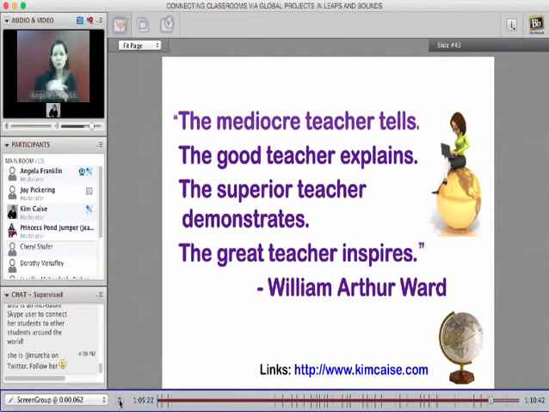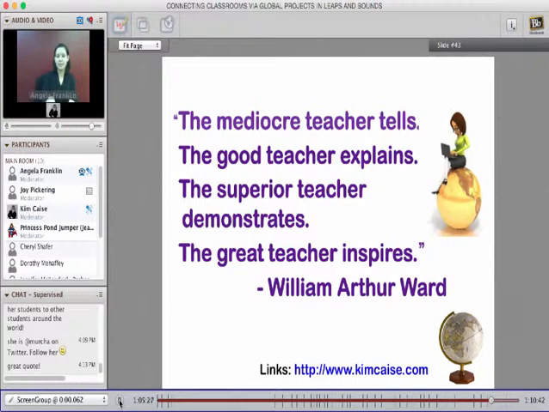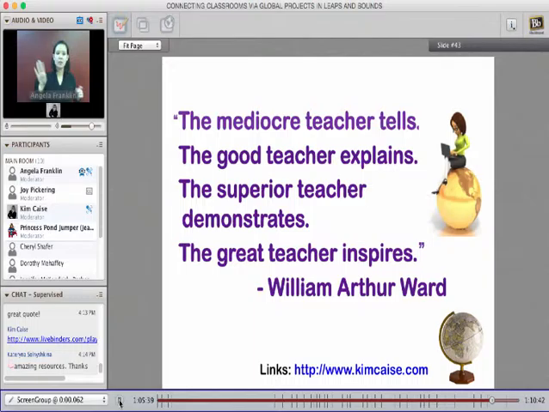so that you can implement global projects in your classroom, and you have resources and people that you can contact through the Live Binder. And let me put that link in one more time. You can find the slides and everything that you need right from my blog, kimcase.com. You can download all of that information just from the blog post.